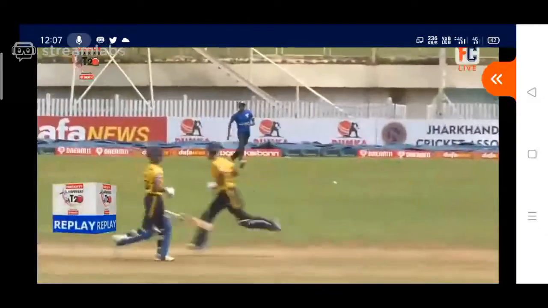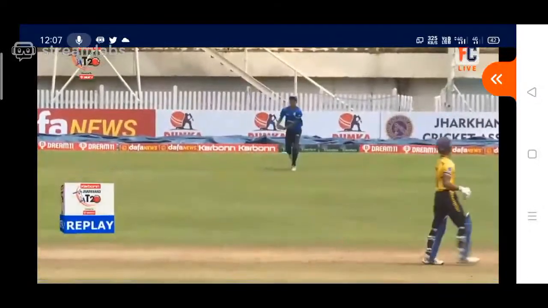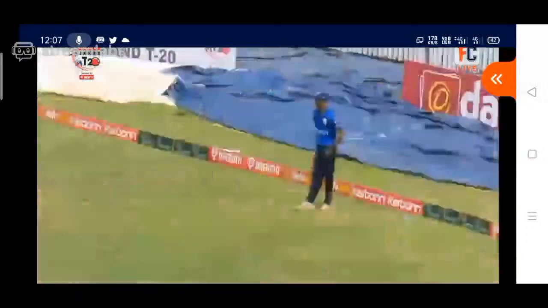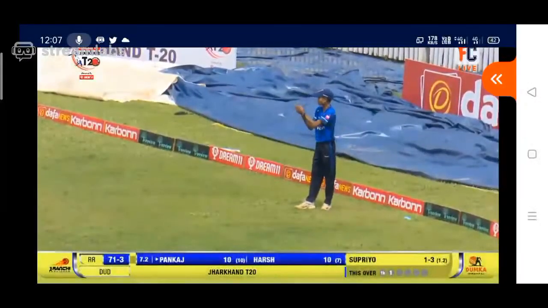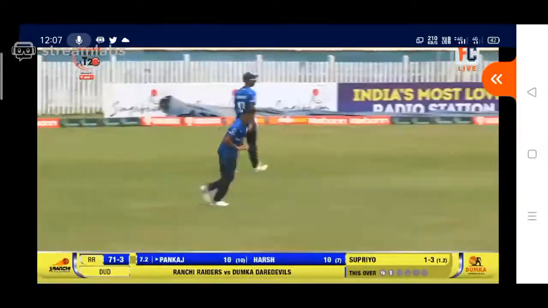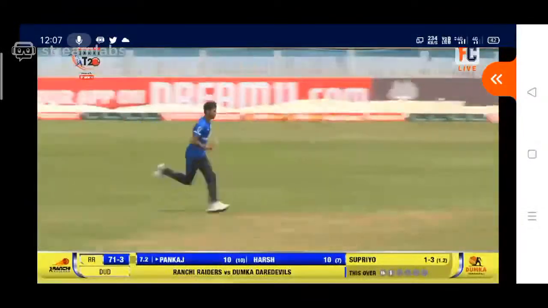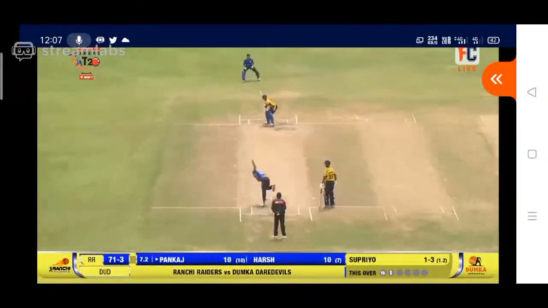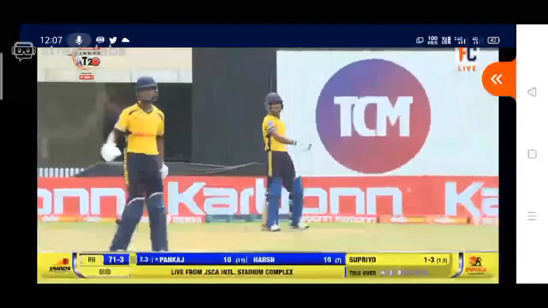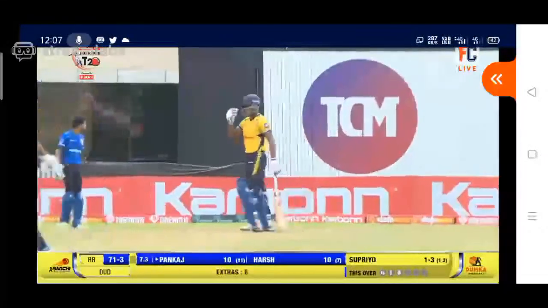Pankaj is now on strike. Pankaj on 10, Harsha on 10, both of them are on 10. Now it's Pankaj, wicketkeeper, 71 for 3.